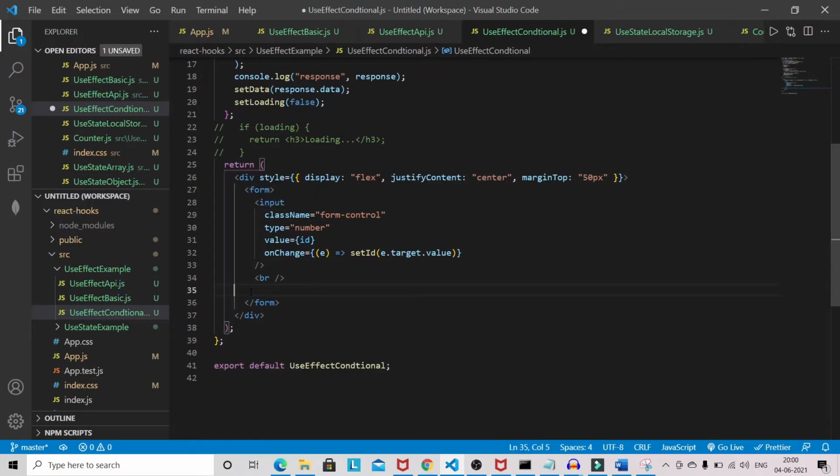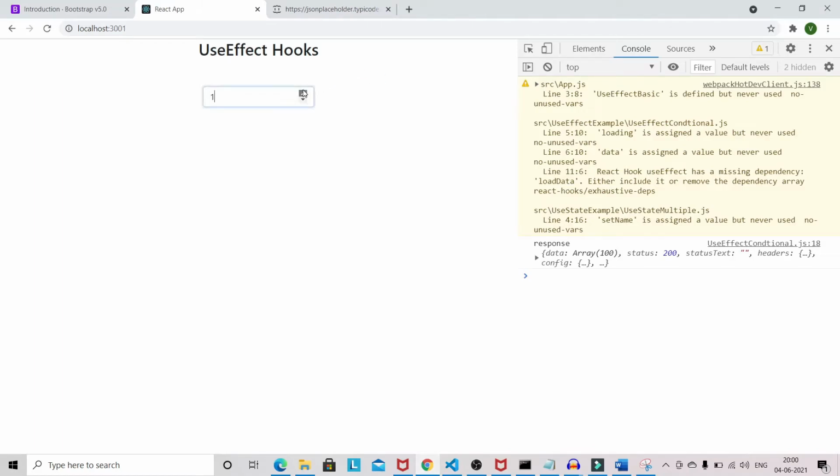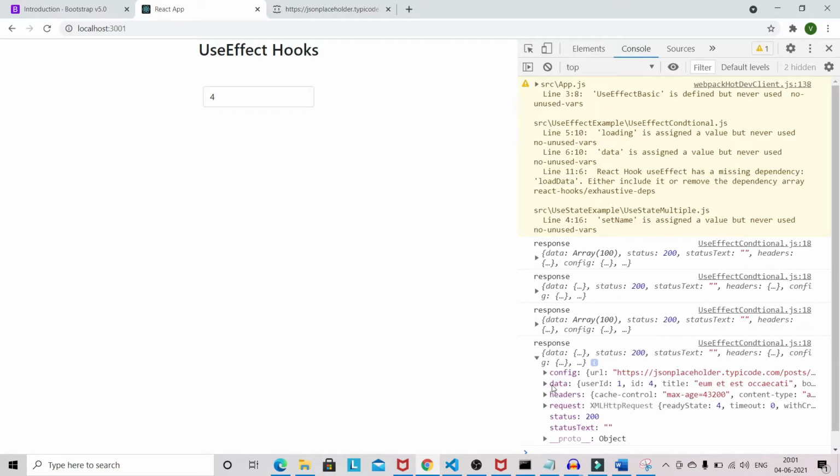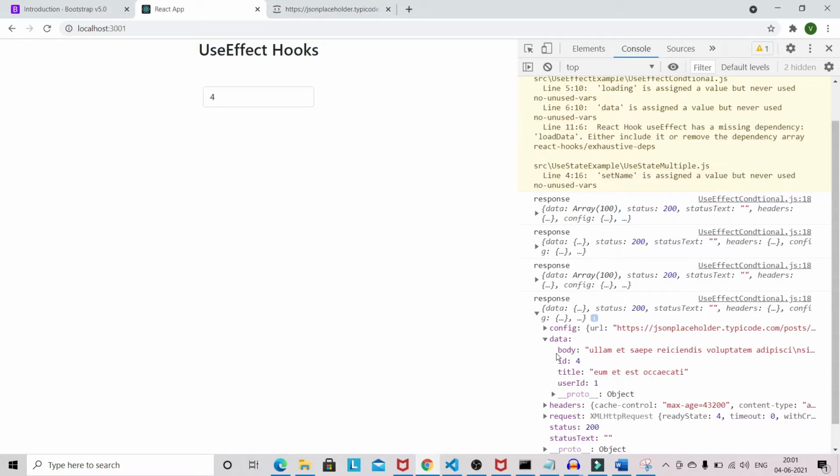What I will do, you can see that whenever we are increasing the ID, we are getting the response of the specific ID. So we just need to show this data.